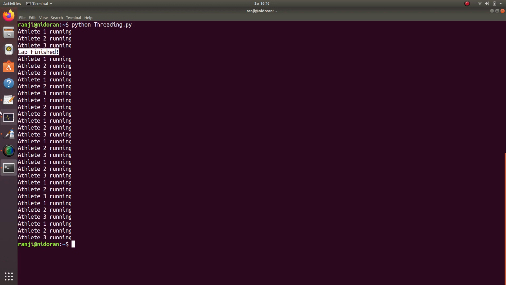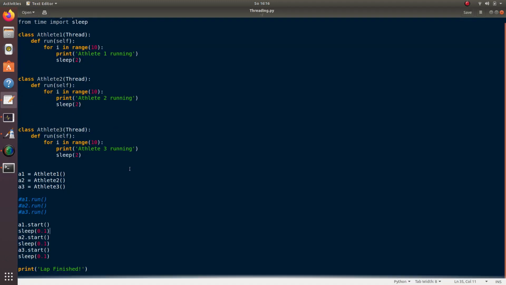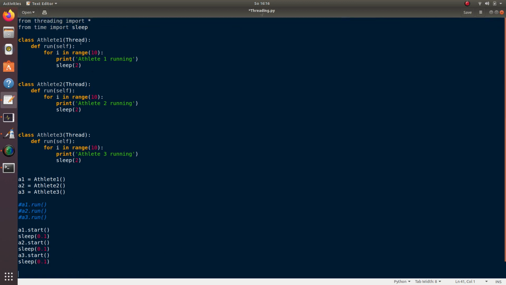So we have another fix for this also. What that fix is, we put a join to this. Now what is a join? Join will say that this program execution is under the control of the main thread, as I've mentioned, that is your parent class. Any program which you implement in Python will be executed by default with the help of the parent class.